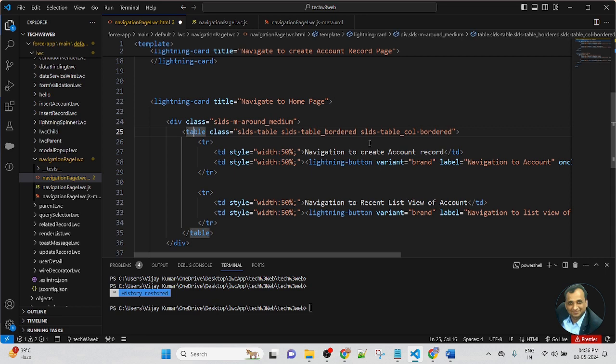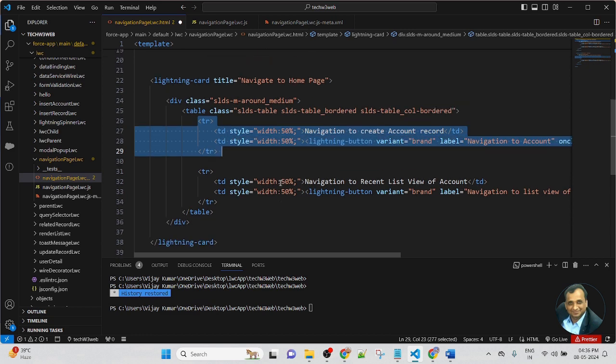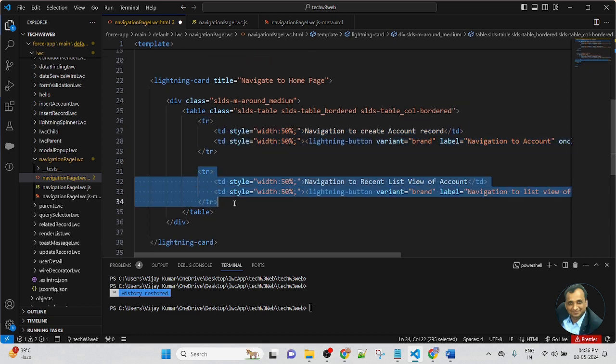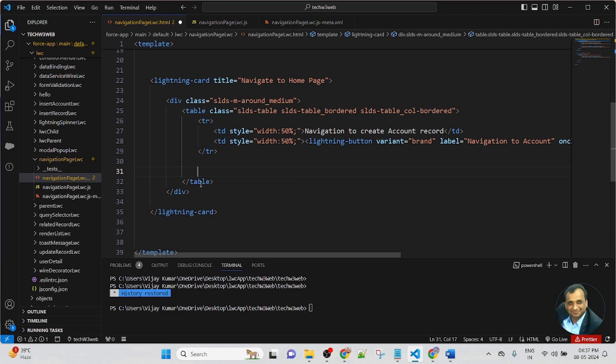This is the table I created in the previous lesson, and I will use the same table. This is a TR for the first button and a TR for the second button, so here I will remove one TR, and change the title to navigation to home page.